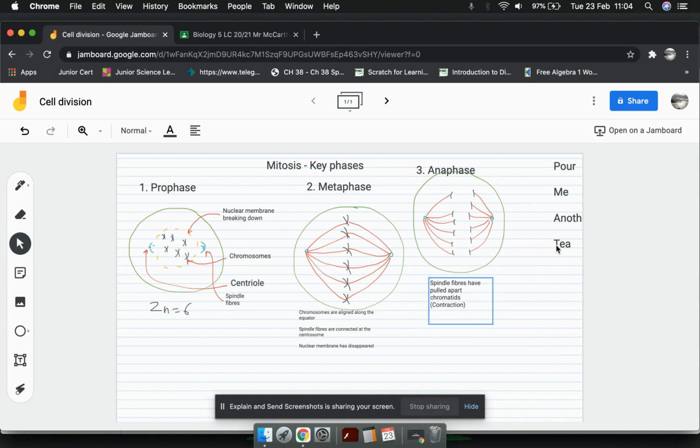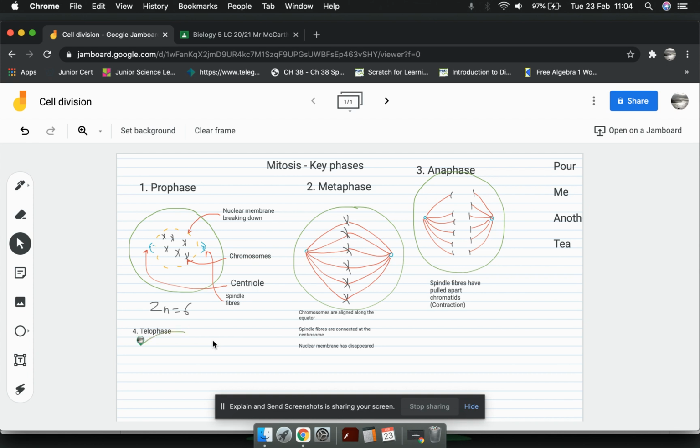Right, we have one more to go, which is telophase. So T for telophase. I always spell that wrong. I think it's telophase. That is stage 4. Now, at this stage, we have pulled apart the genetics to either pole of the cell. What we want to continue to do now is reform the nucleus in this cell, okay? And we want